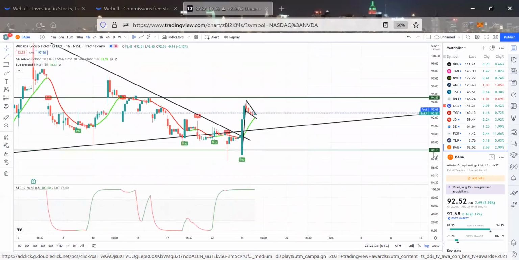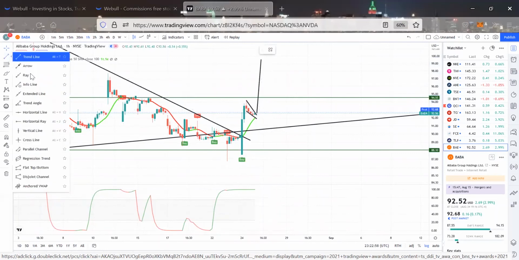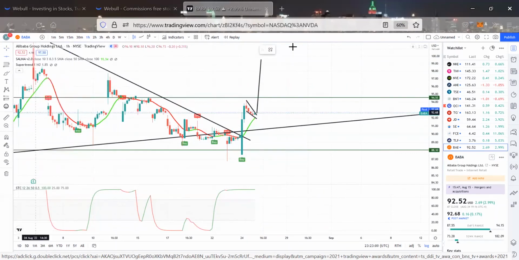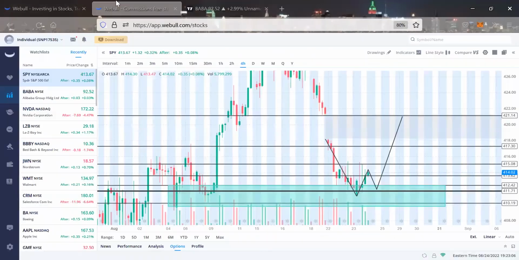How do I know where this is going to go when it breaks out of the bull flag? So what you're going to do is measure that candlestick right here, like I did. I measured everything, from the flag all the way to the pole down. I will take the measurement of that pole and put it on top of the flag, like that. And then once you do that, you're going to take a horizontal line and put a level just right on top of that. And this can go to 151. And if we look and rechart Baba,